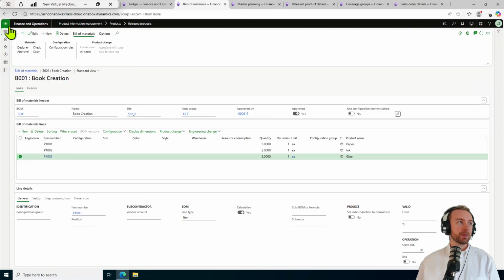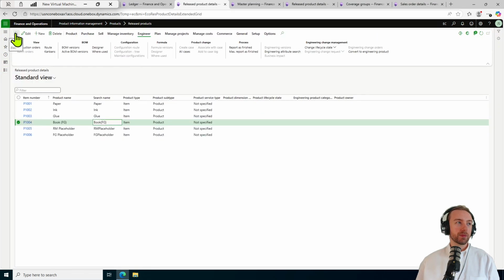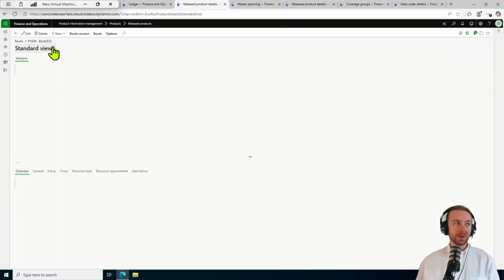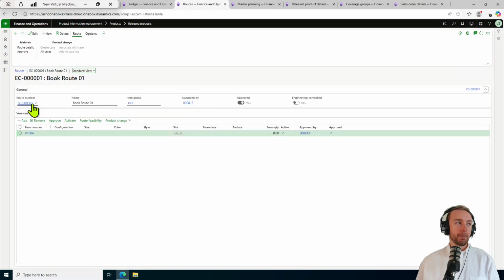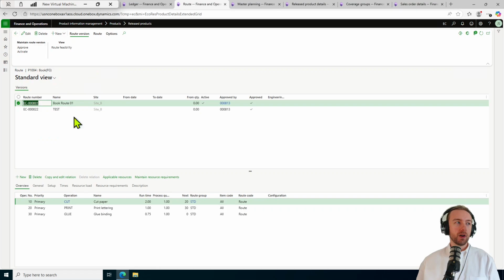Let's check out now our route. So we have a better idea of the times that MRP is going to be using. So here, like with the BOM, we're starting off with the different versions that we have available. We have 2 available here. I want to select this route right here. And then come up to our action pane, route details. We can see the operations on this page here, similar to how we can see the components at the version page of our BOM, but it doesn't give us all the detail that I like. And to be honest, I